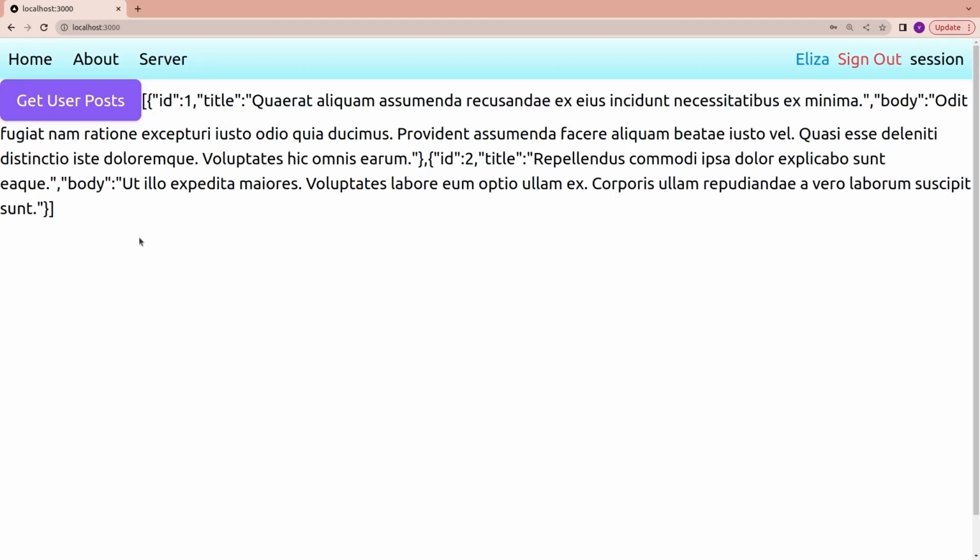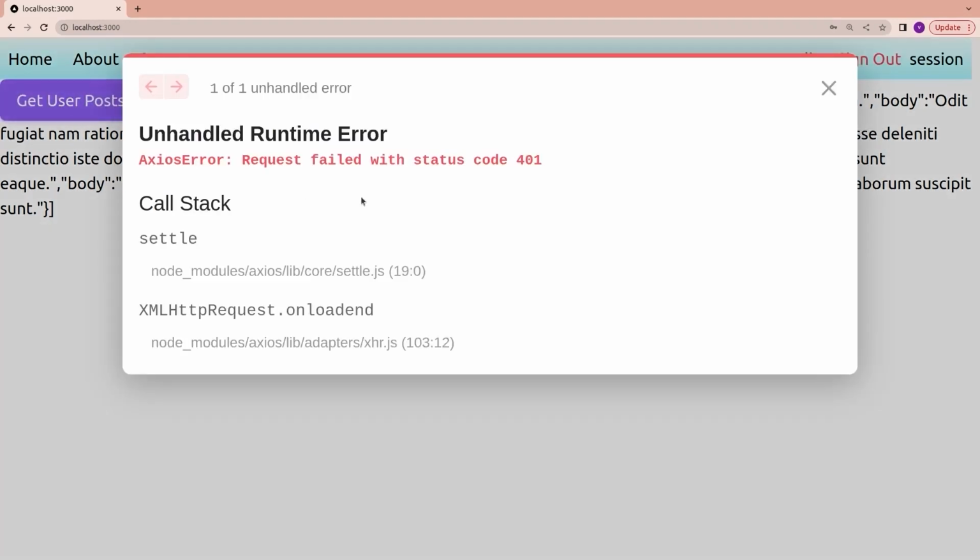But after 10 seconds, if I click once again on the Get User Post, again I get a 401 error because the access token has expired after 10 seconds. So in order to fix this problem, we should use the refresh token to get a new access token